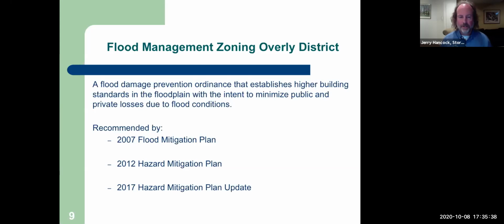Okay, great, thank you. All right, so a floodplain management overlay zoning district is a damage prevention ordinance that establishes higher building standards than the floodplain with the intent to minimize public and private losses due to flood conditions. And the idea of this overlay district comes from the city's 2007 flood mitigation plan, and that these plans are required to be updated every 5 years to be